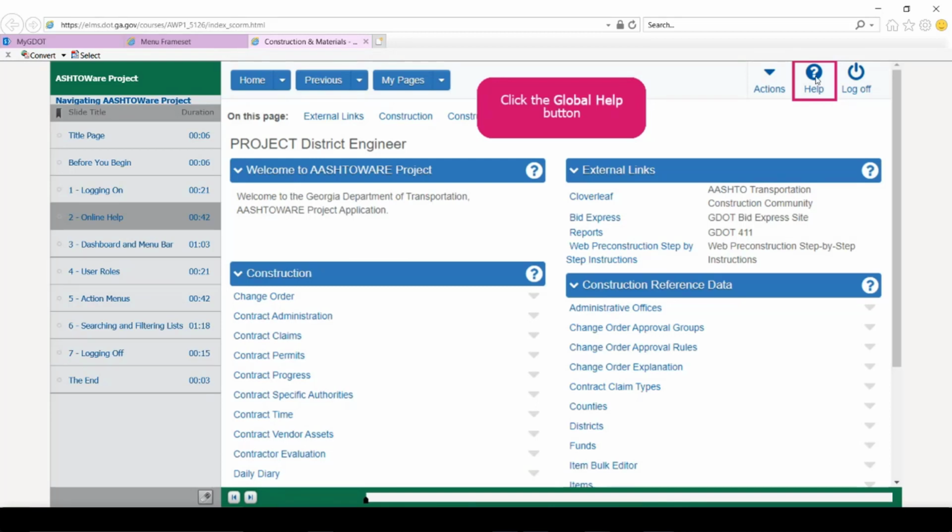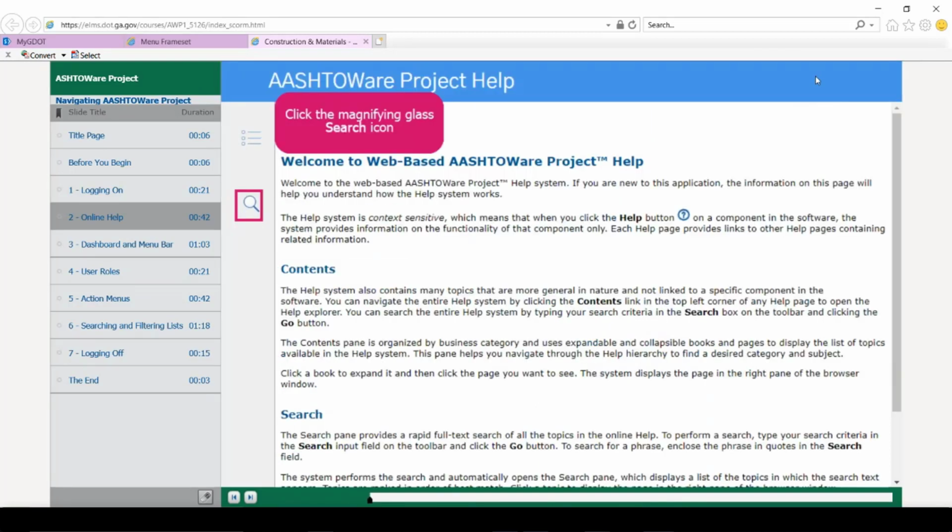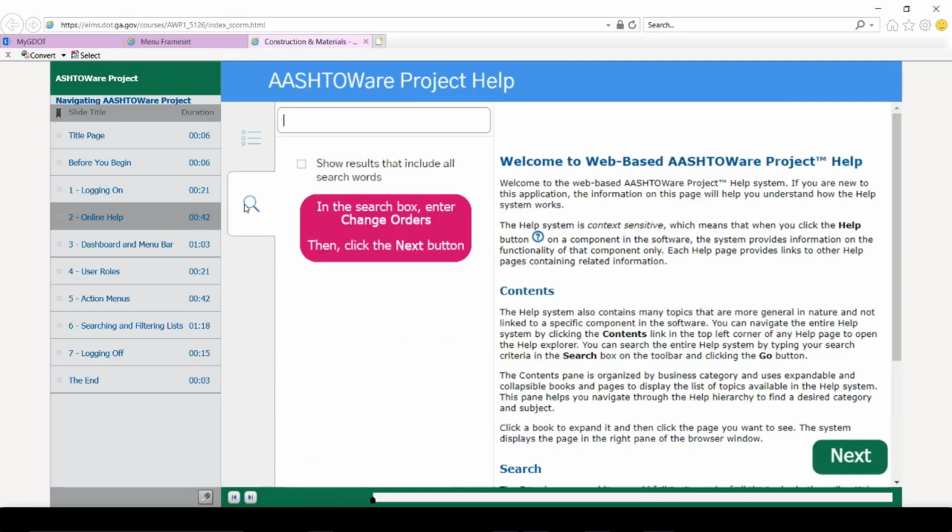First, let's click Global Help. And when we do, we're brought to a different page that has basically all of the help contents available that you can search. If I click the magnifying glass search icon here, I will have a search box that, for instance, I can enter a phrase like change orders.